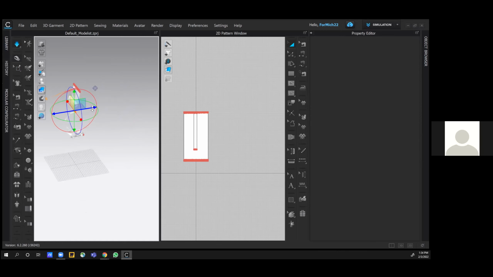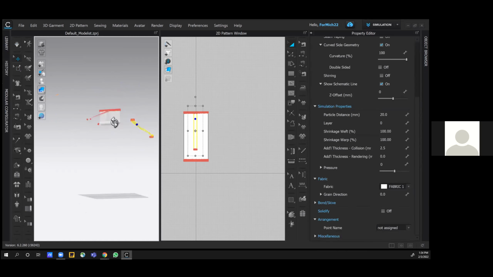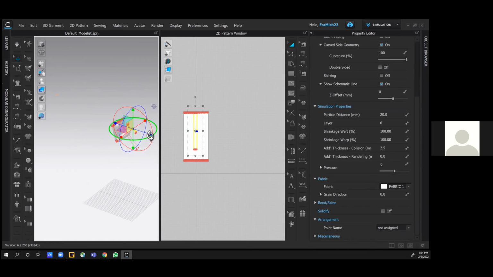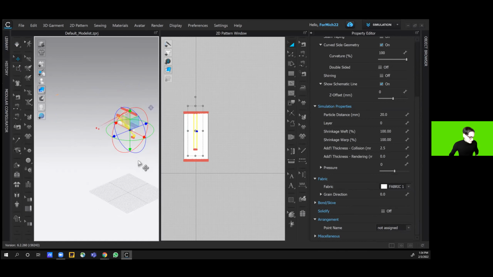I guess I had a question about this. Yeah. So it seems like the fabric can be stretched a lot. Yes, it can. Is there a way to control the stretchiness? Absolutely. Yeah, we'll talk about that a little bit more later, and we did last week too, but there are